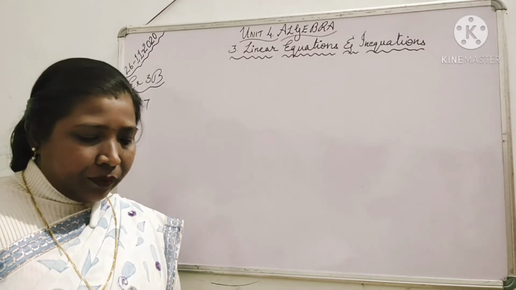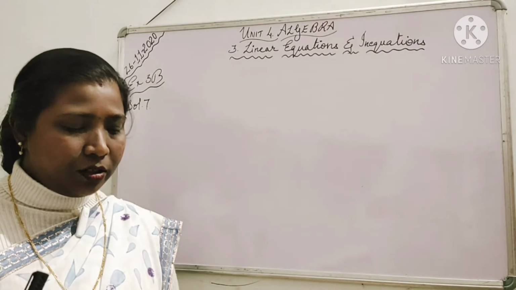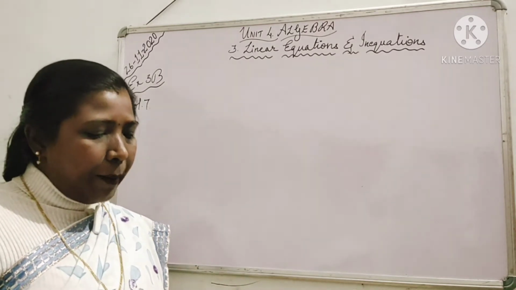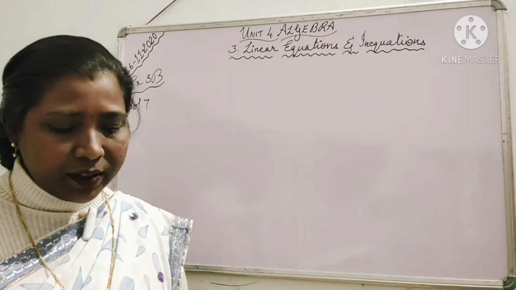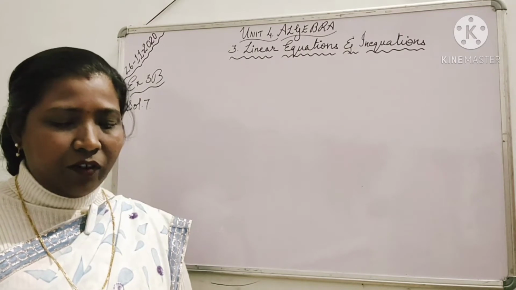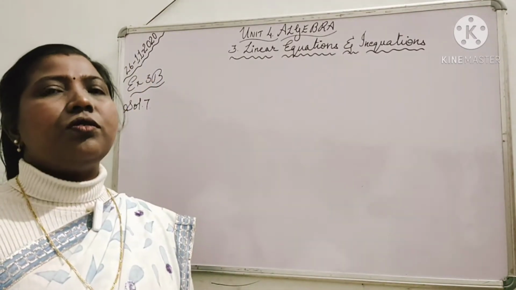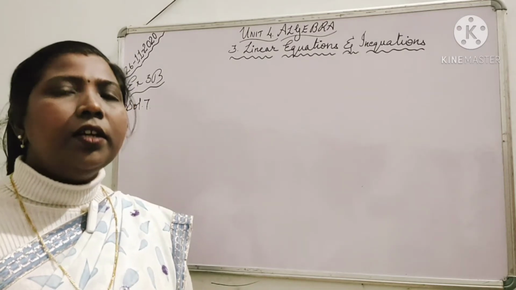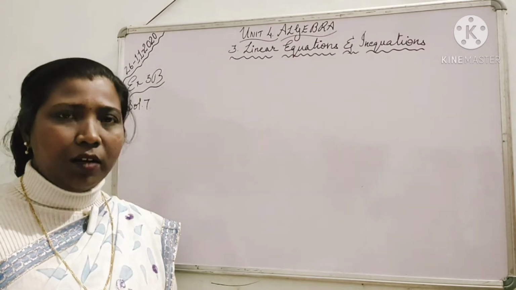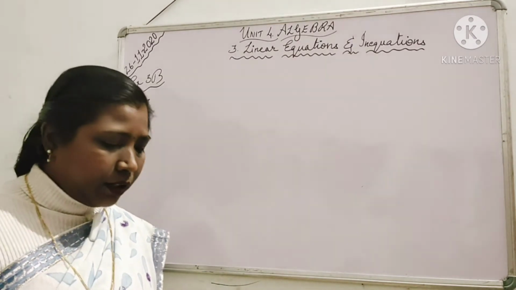Here, for the first question, I will just help you to form the equation. For the second question, I will explain the whole thing. A man is 32 years old and his son is 5 years old. How many years hence will the father's age be 4 times that of the son? One more thing I want to tell you: whatever sentence I am forming, just note it down as it is.